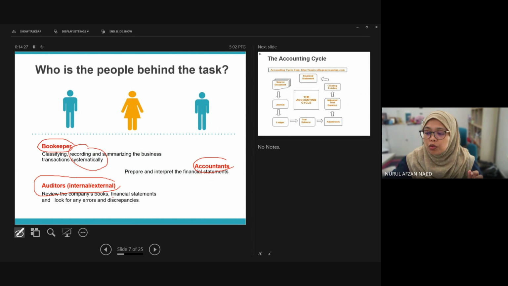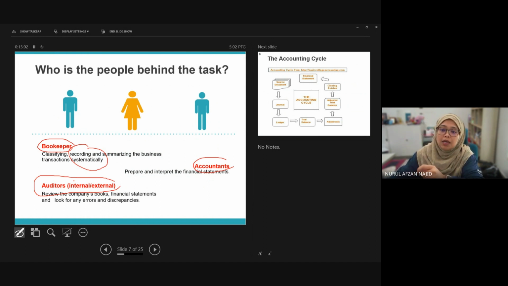the company's book and financial statement that will take a look at any errors or discrepancies that have been prepared by the accountant and also the bookkeeper. So auditor will be orang yang akan cross check lah sama ada financial statement yang dibuat itu tidak ataupun tidak melibatkan fraud. So macam tu, sebab bukan apa, auditors ni perlu ada supaya all the financial statement yang di-prepare